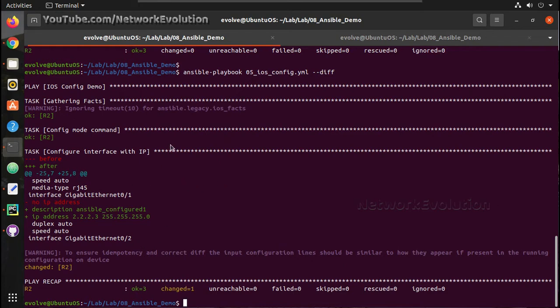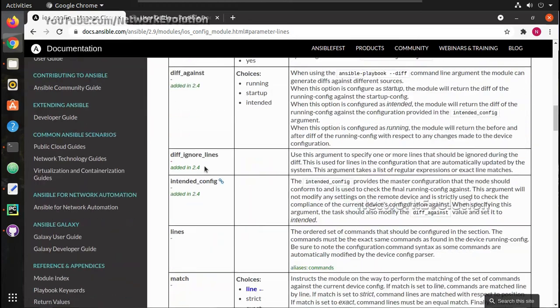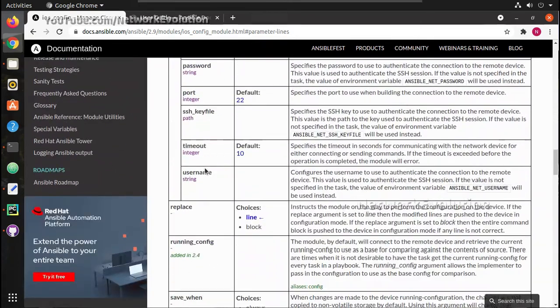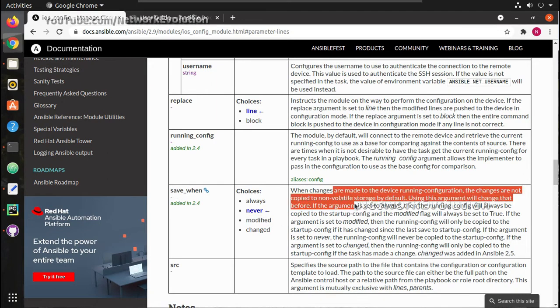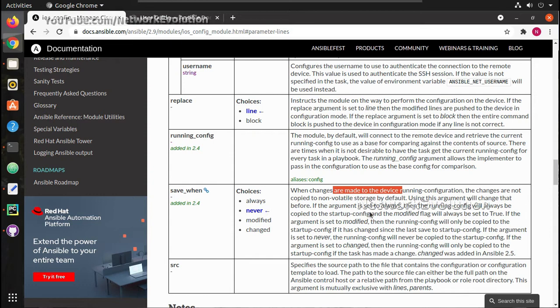Now we'll see how to save the configuration when there are any changes. For that we have one option here, save_when, and we'll use the option modified. When changes are made to the device, then it will save, so we'll use that option.